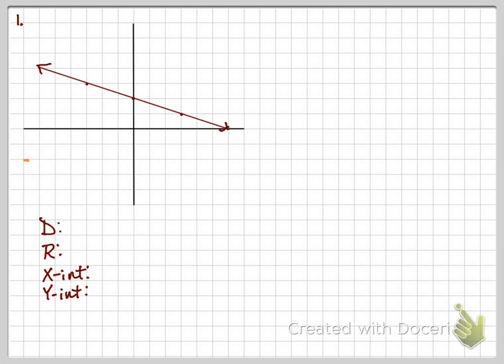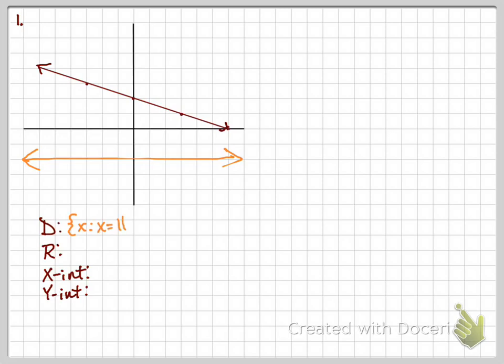First thing we're going to look at is the domain. For a line, as you can see, the domain is all the x values, all the horizontal values that it hits. I'm going to write this in both ways, in set notation and in interval notation. First, in set notation, we say that x is such that